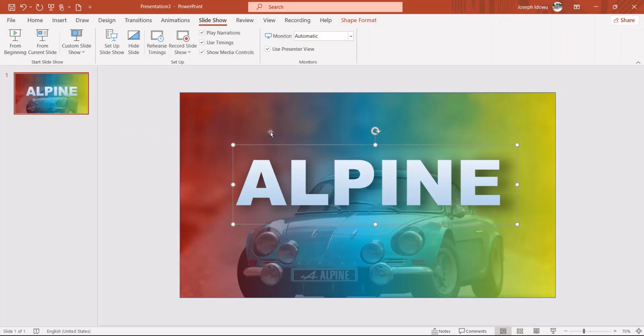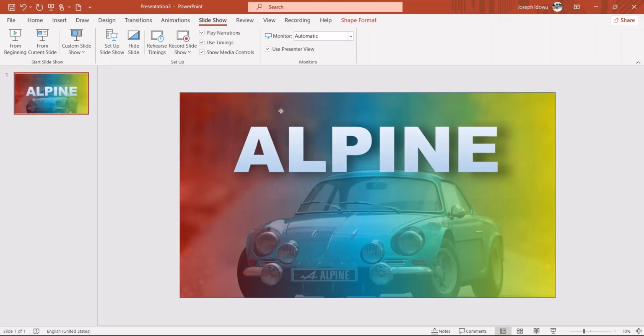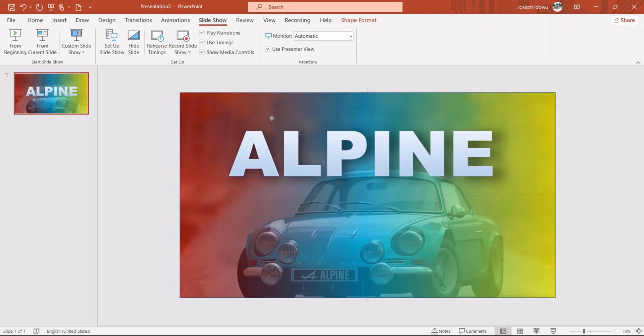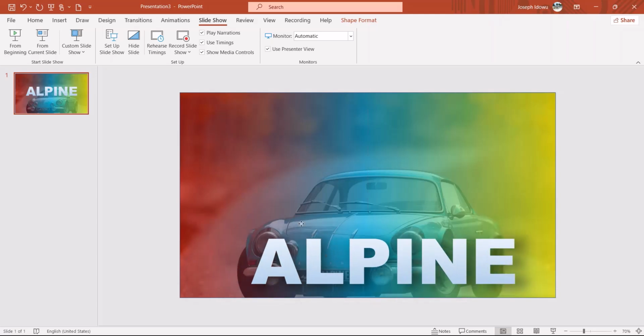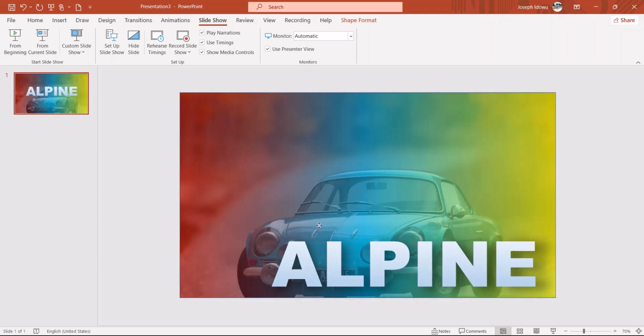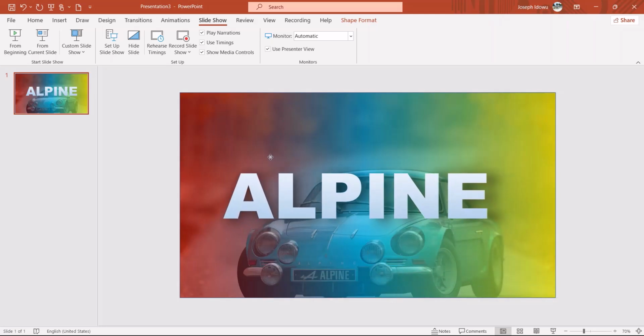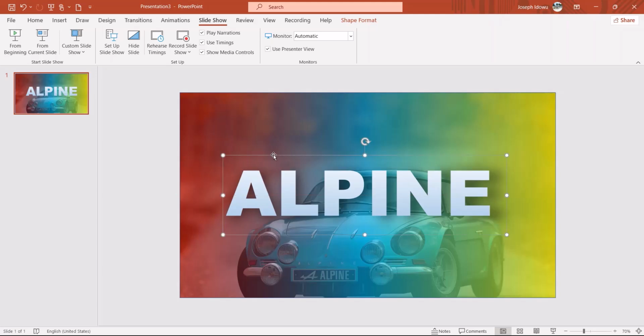We can also reposition the text. Hover your mouse on the edge of the text box. You can reposition it to another position like this, or even like this, depending on your preference and what you want for your text. That's amazing. Okay, I'm just showing different options. So we've done a good job on our part. The last thing I want to show you is how to actually animate this text